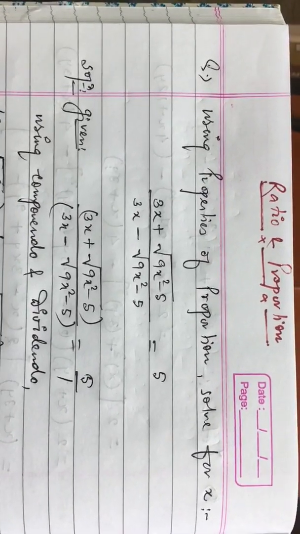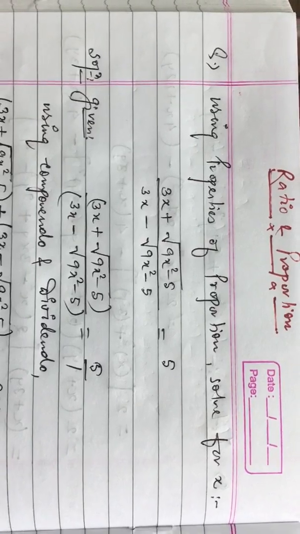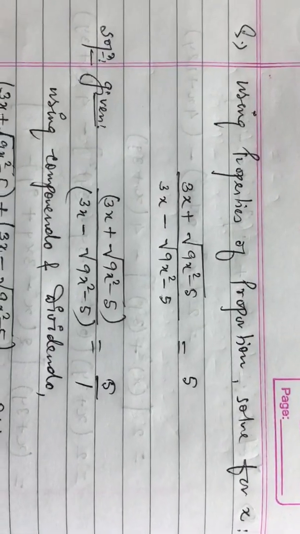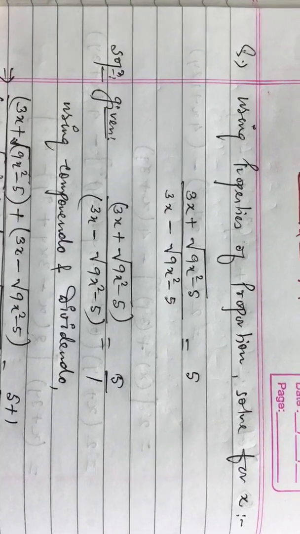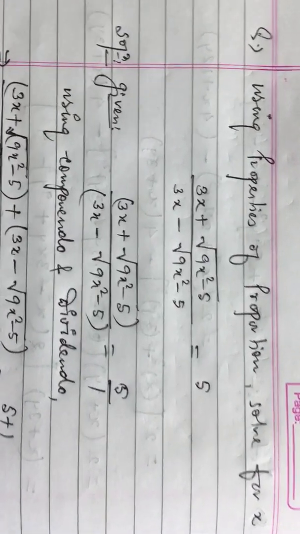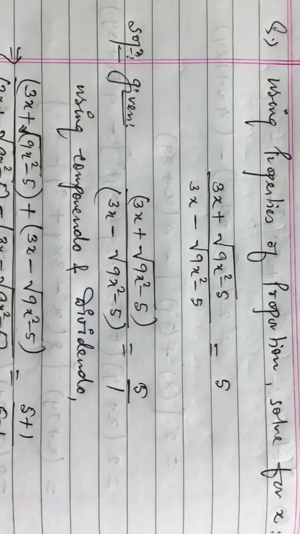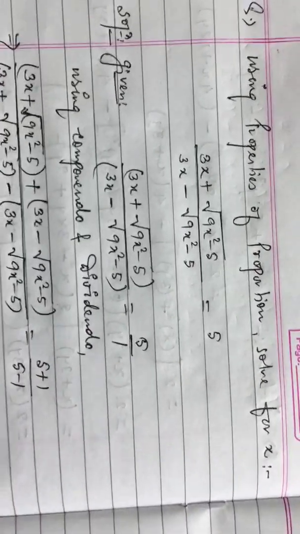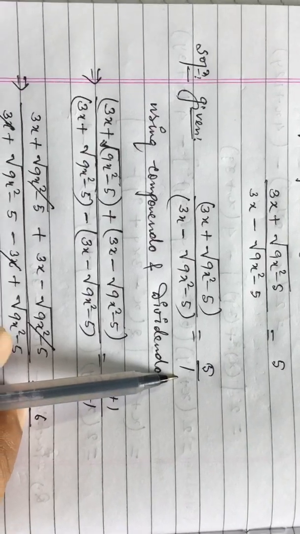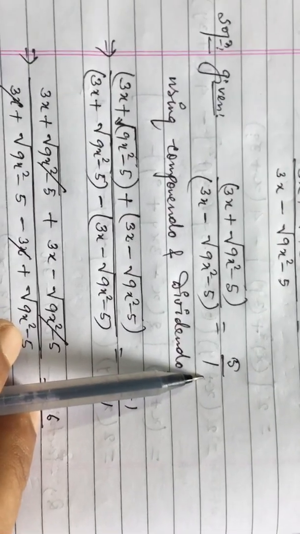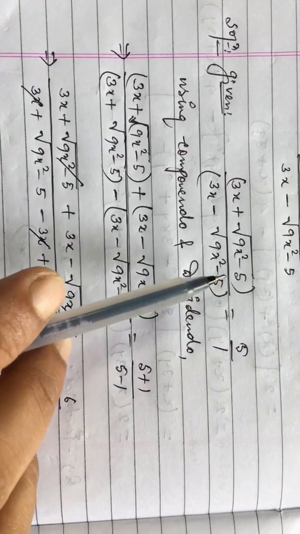It is given: 3x plus root under 9x square minus 5, over 3x minus root under 9x square minus 5, is equal to 5. So the given term is written. In the RHS, you can see 5. In the denominator, I have taken 1. So applying componendo and dividendo,